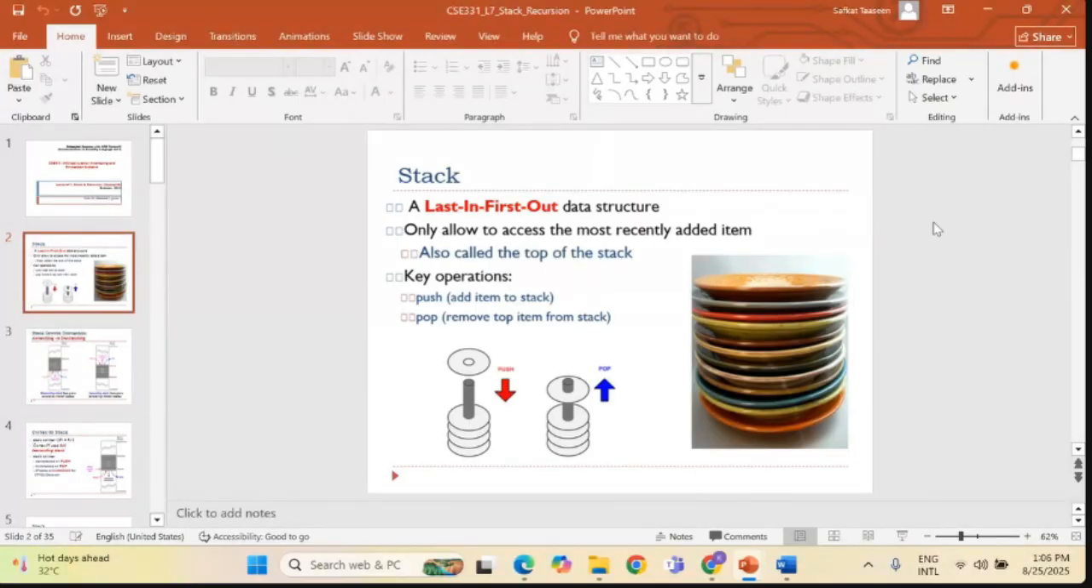Stack recursion, we saw the data structure. It follows a LIFO structure, last in, first out. Whatever data